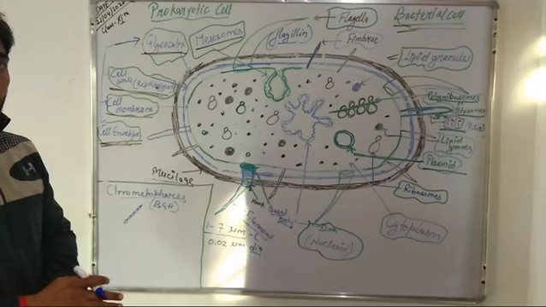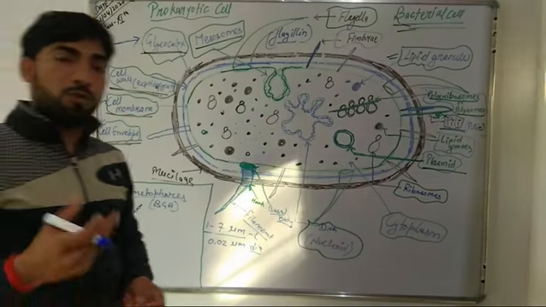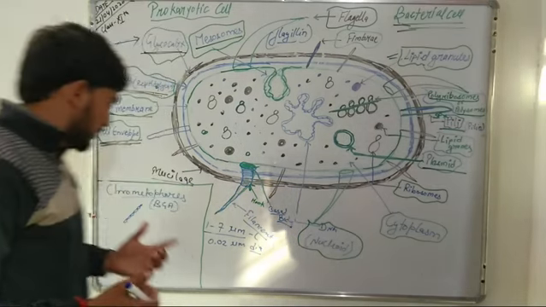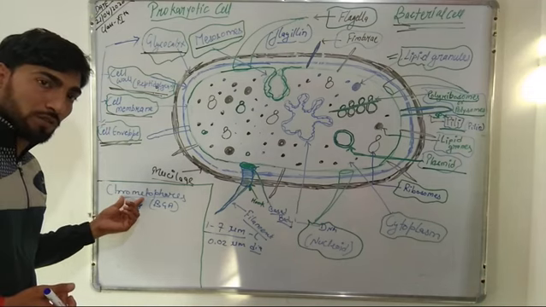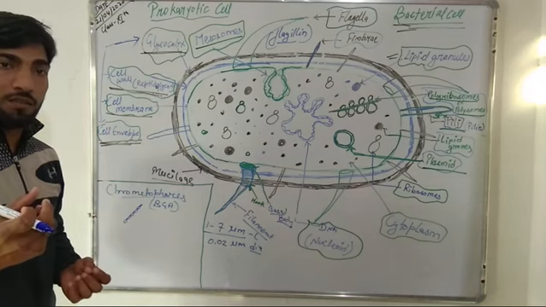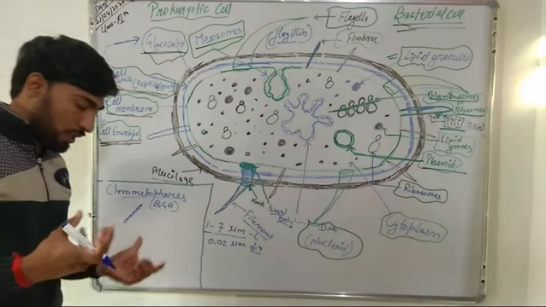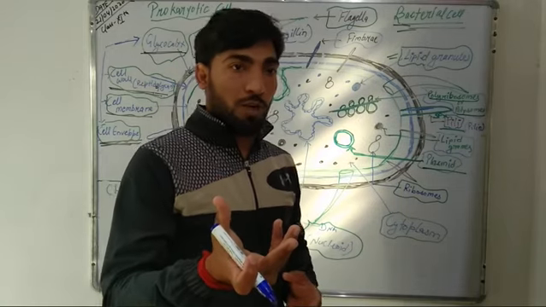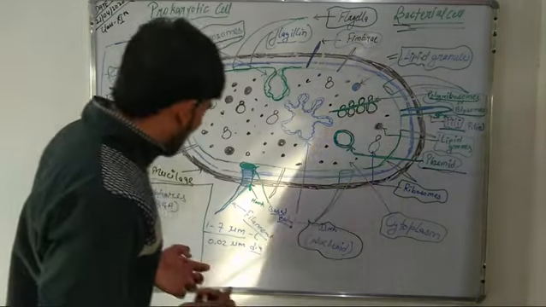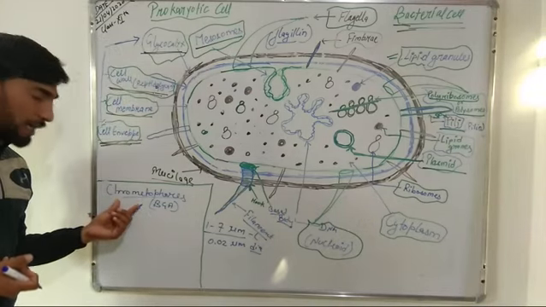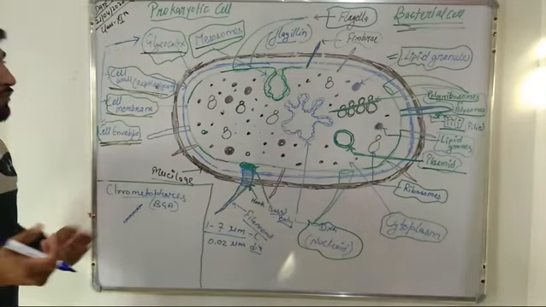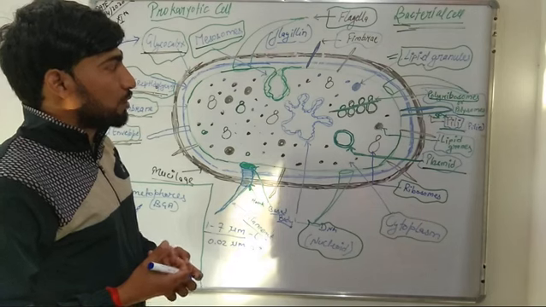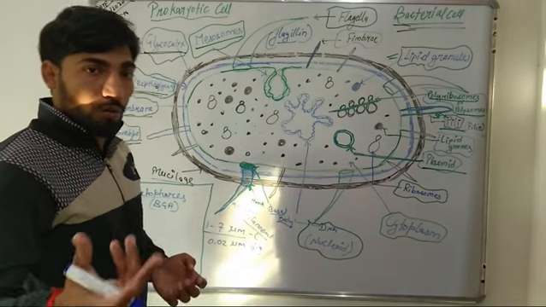Now in case of prokaryotes such as blue-green algae or cyanobacteria, they also contain some more components such as chromatophores. These chromatophores help in photosynthesis in blue-green algae, because these blue-green algae are autotrophic, but they do not contain chloroplasts. So they contain some light absorbing substance in the form of chromatophores, which helps in the process of photosynthesis. One more thing, we have talked about the inclusion bodies. These inclusion bodies also include the lipid granules and the oil droplets and all that.